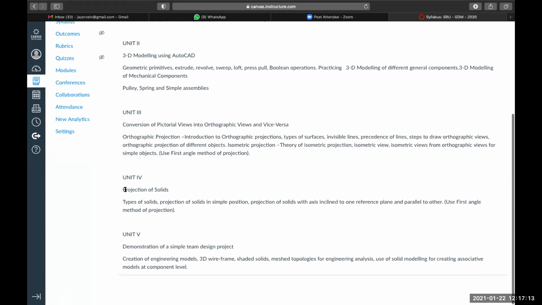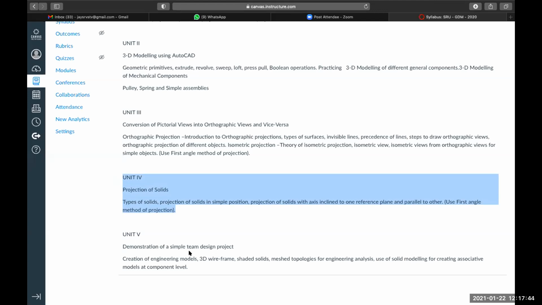Now coming to unit number 4, projection of solids: types of solid, projection of solids in simple position, projection of solids with axis inclined to one reference plane and parallel to the other, using the first angle projection method. This unit number 4 we will start in the next class.